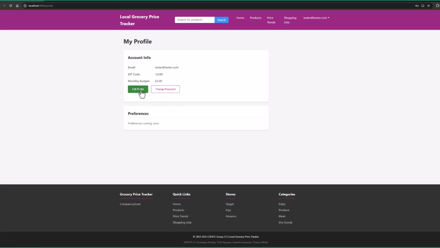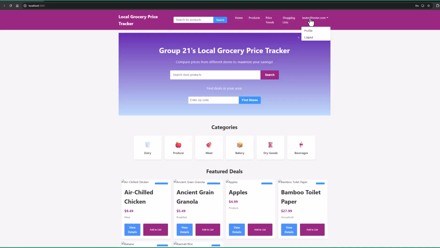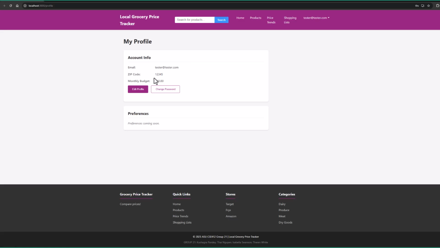So let's go ahead and click edit profile, where you can edit the fields. For example, you could edit your monthly budget that you input. So let's edit this from $3 to $20 and save that. And then after refreshing your profile tab, you can see that your monthly budget has been updated